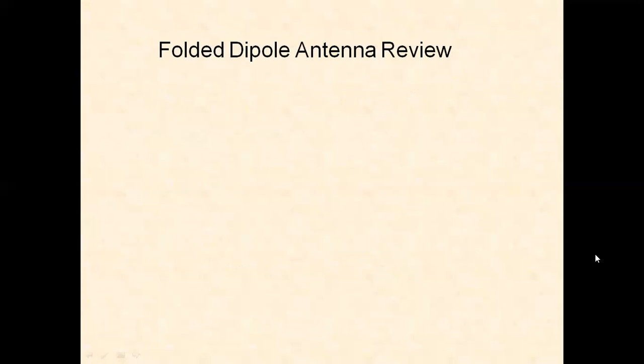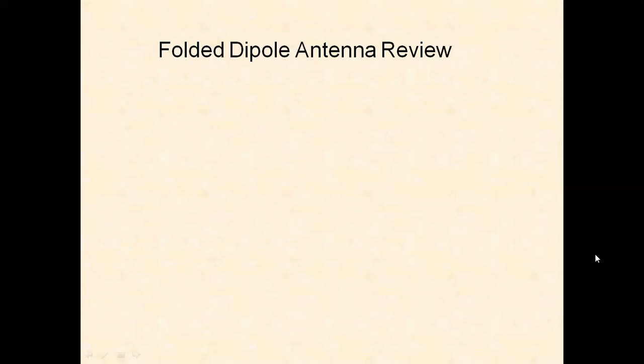In the last class, we also discussed about folded dipole antenna. We have length of the half wave dipole is lambda by 2. When it is folded also, the length becomes lambda by 2. We can make a folded dipole antenna whose length is lambda by 2. For effective radiation into the space, the antenna must be folded, as we have seen.